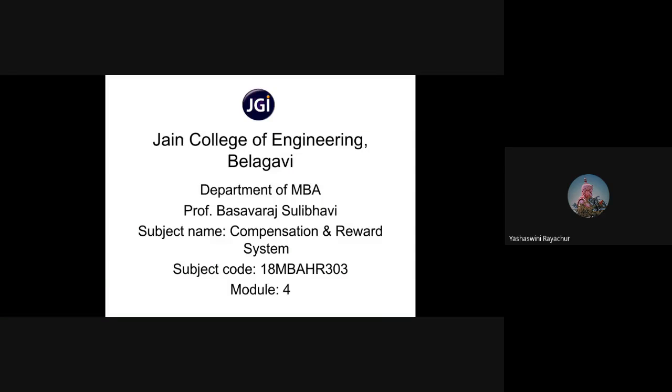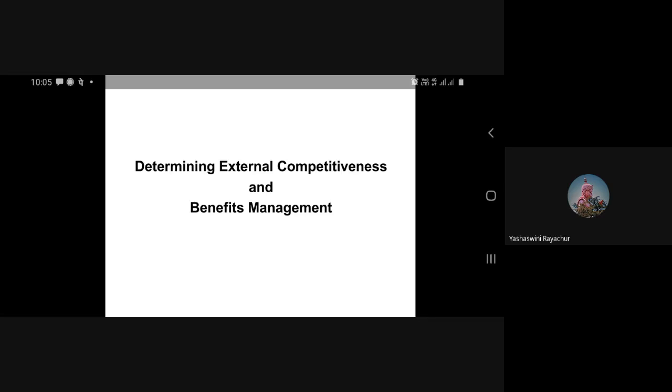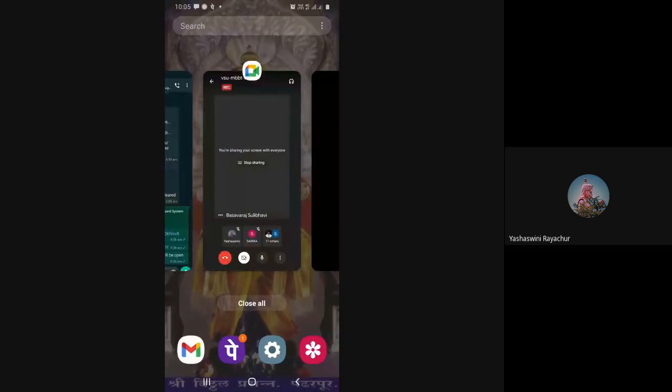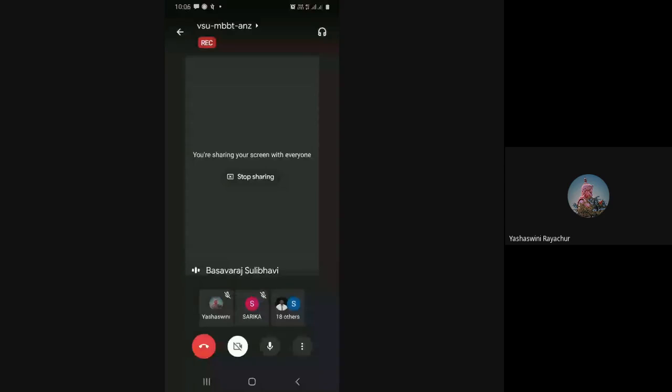Okay, before we begin with this class, let me remind you that your module 3 has been dealt with 50%. Only a few concepts are left, like the types of compensation calculation which we usually use in industry while calculating the compensation of the employees. We have different types of compensation methods which will be given to you as a presentation as well